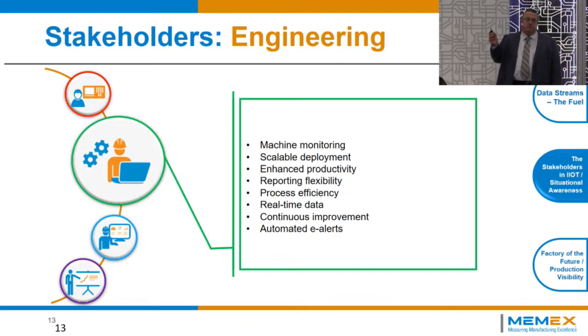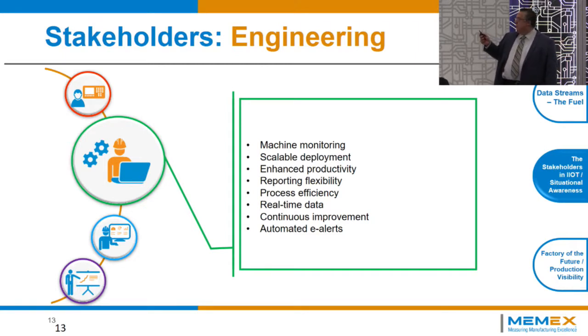We've had customers that tell us that before they do an IoT implementation like the one we're going to talk about, they spend a lot of time trying to figure out when they're going to ship this part. So somebody has to go down the factory floor and run around and find out where that part's going to be. That all goes away when we have transparency and visibility.